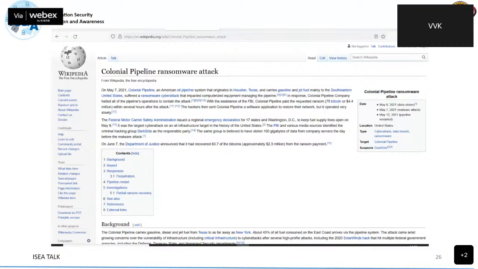That day it was worth $4.4 million within hours of the attack. They sent back some code software, and they ran that software and they got the systems back up. But when they investigated, they found that the same group had stolen 100 gigabytes of data from company servers one day before the malware attack.